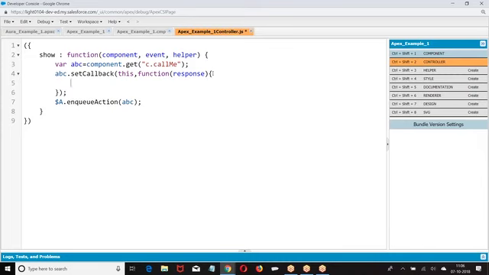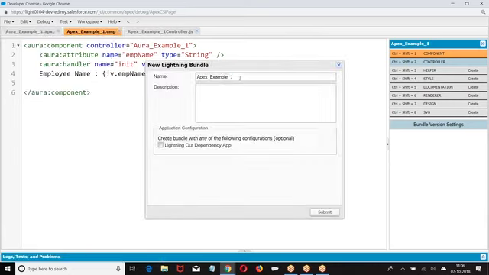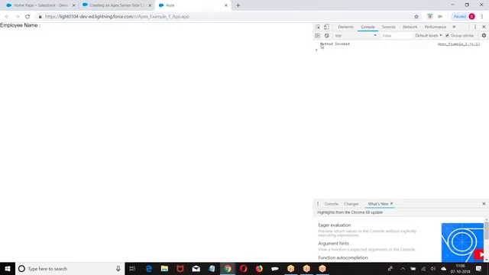Okay. Now the point is, you invoked a method. First of all, I want to see whether the method is invoked or not. Console log, method invoked.